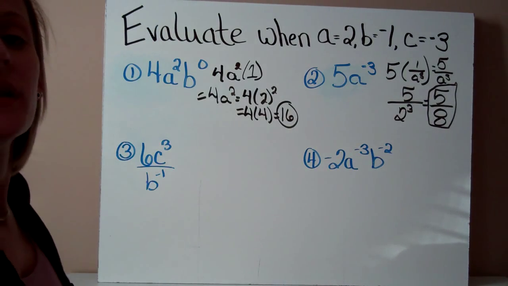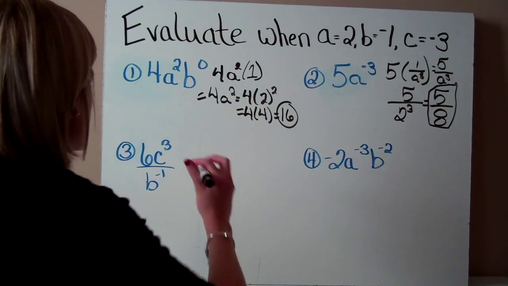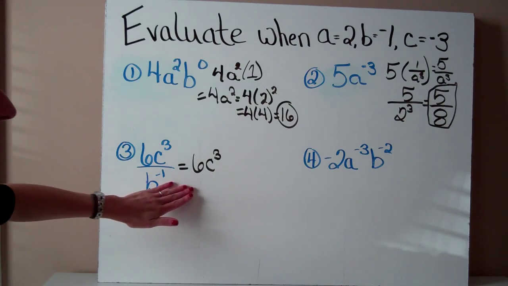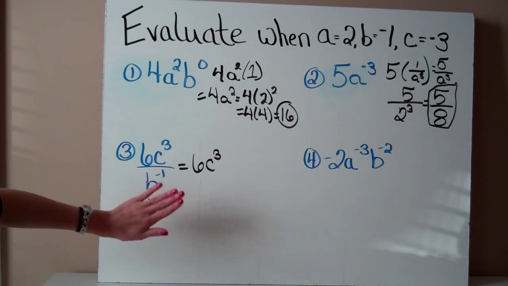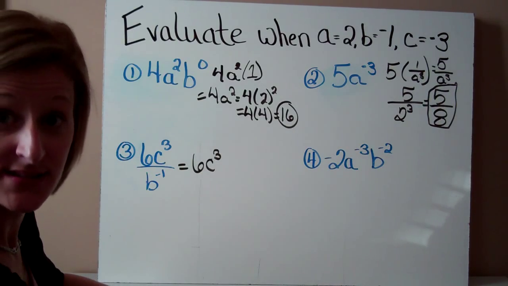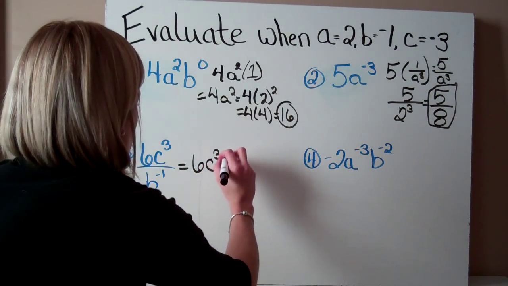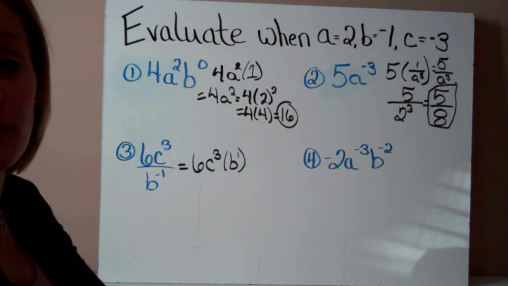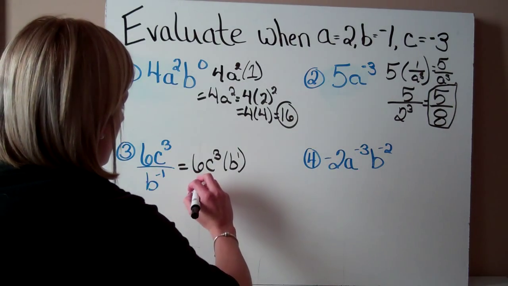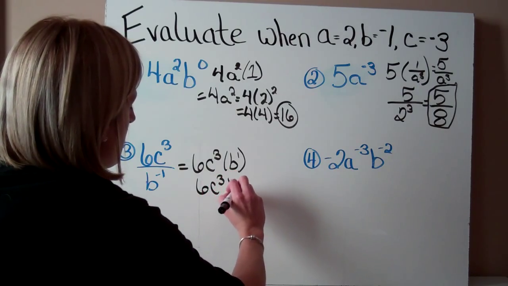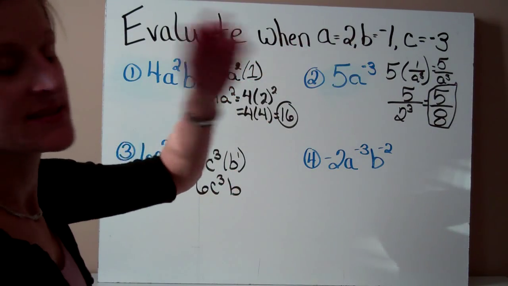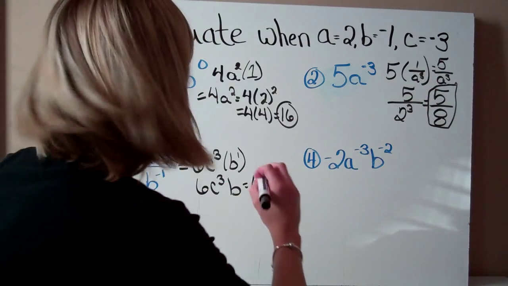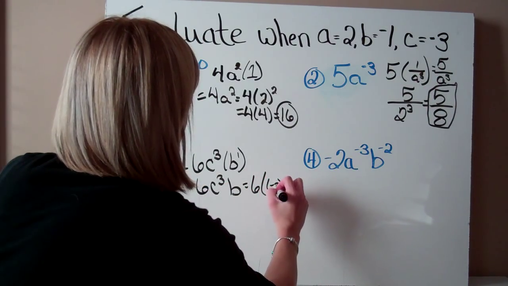Okay, this next one, what we need to do first is write with positive exponents. So remember what I said, 6C to the third. Remember this is B to the negative first. Remember if it's on the bottom, to actually move it to the top, I make it positive. So I need to multiply this by B to the first. B to the first is also, remember, just B. So if I multiply this out, I'm going to have 6C cubed B. Now I can put in what B and C are. So what I'm going to do is 6 times C, which is negative 3, so negative 3 cubed